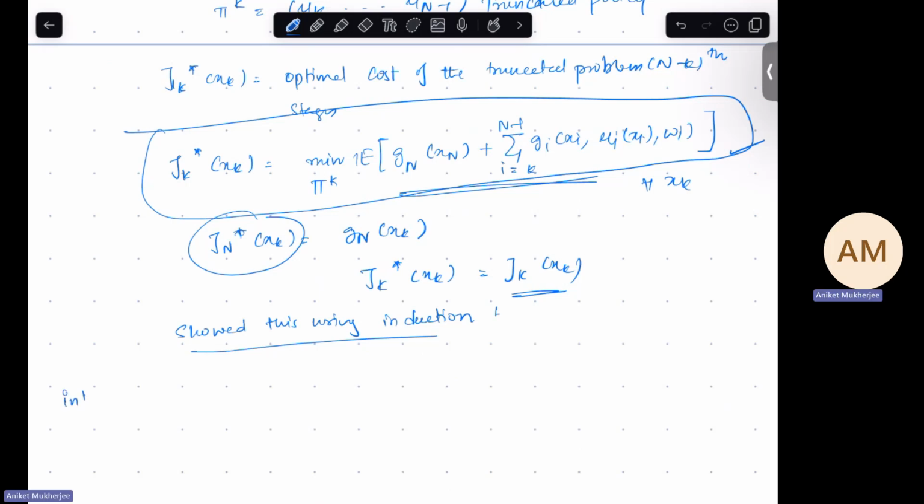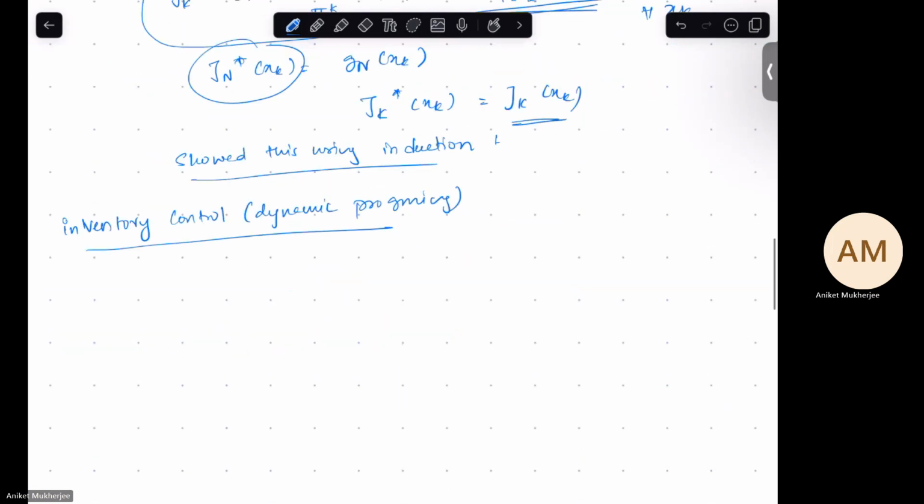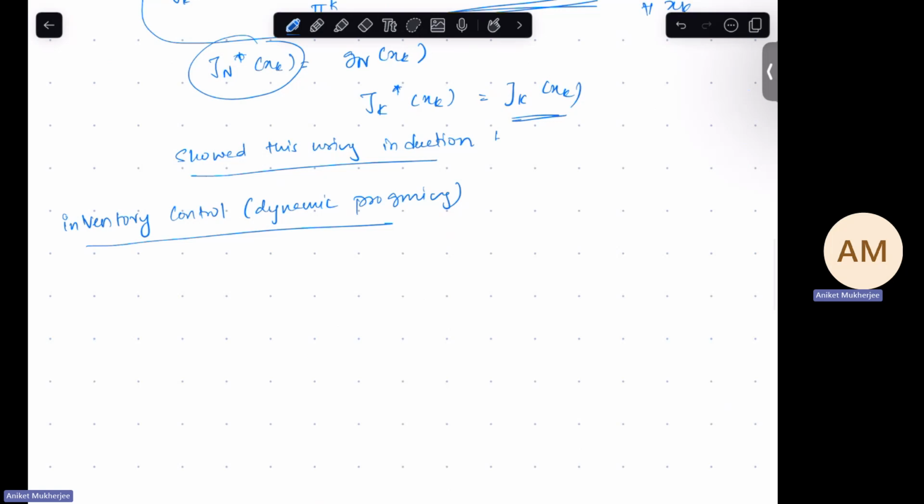Next, we saw an example for inventory control using dynamic programming. Okay, so just let me quickly revisit the inventory control problem where you had min over uk greater than or equal to 0 of the expectation of R(xn) plus the summation k equal to 0 to n minus 1